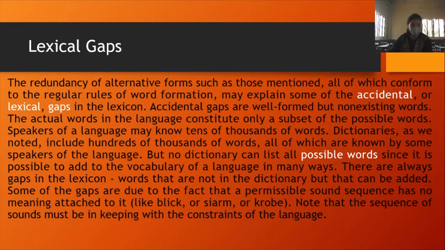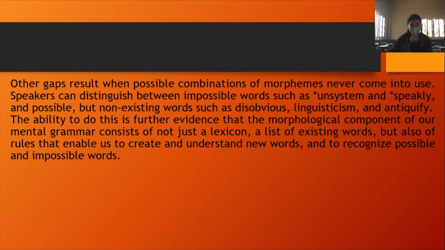Some of the gaps are due to the fact that a permissible sound sequence has no meaning attached to it, like blick or slice or grow. Note that the sequence of sounds must be in keeping with the constraints of the language. Other gaps result when possible combinations of morphemes never come into use. Speakers can distinguish between impossible words such as insistent and speakly, and possible but non-existing words such as disobvious,